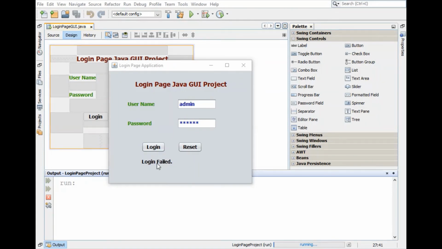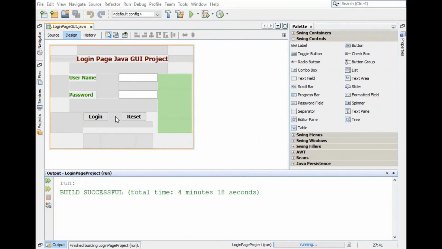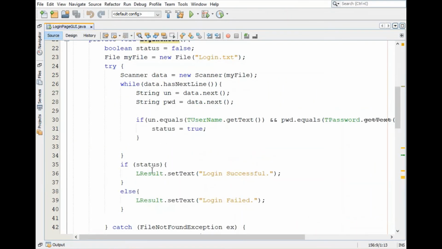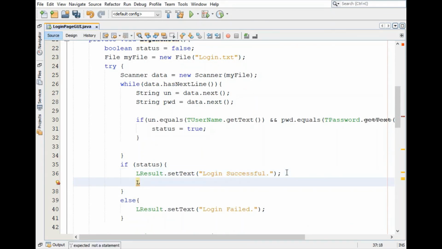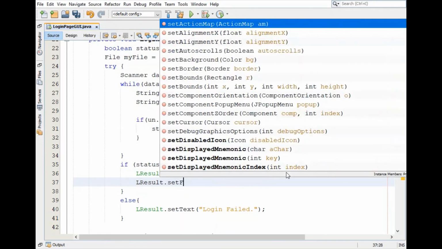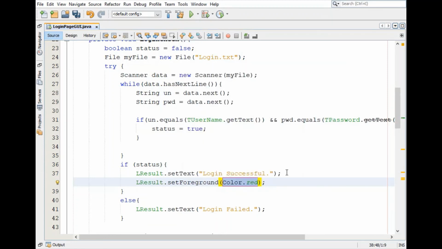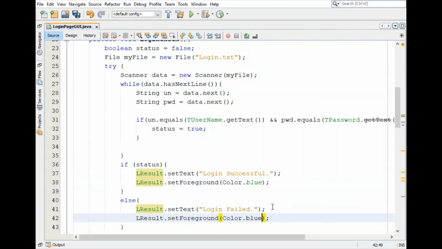Now just to display with red and blue color, what you can do is, in this login check method under the if statement, when login is successful, at that time just call labelResult.setForeground, and under the setForeground method let's set the color blue when the login is successful, and when login is not successful, at that time just set the color as dot red.